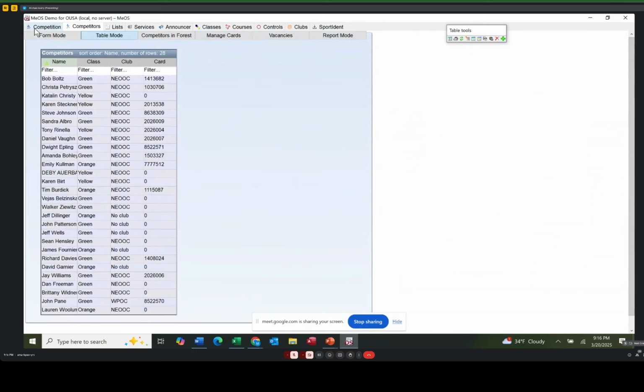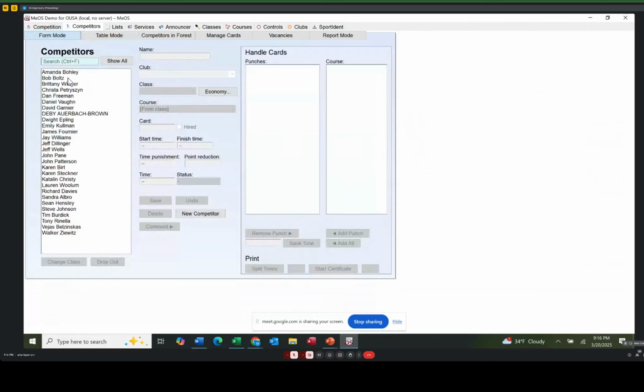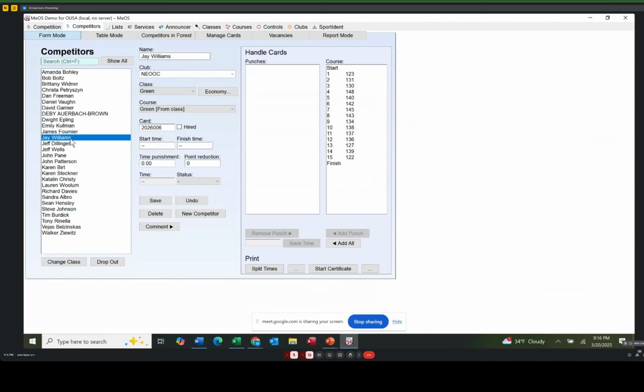If I scroll back up and go back to form mode, all the participants are loaded. You can see their courses here on the right, details, their card number, what class they're in, and whatnot here. So at this point, you could consider yourself complete in terms of setup for pre-registered